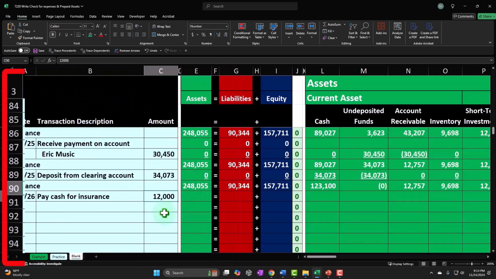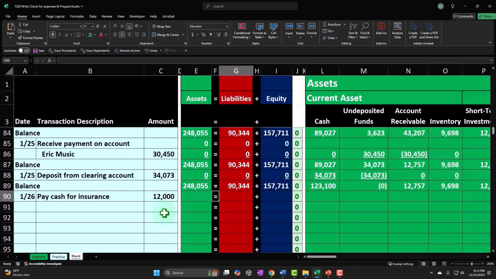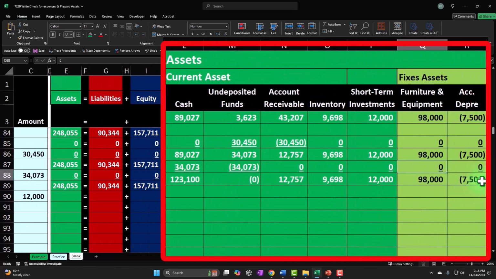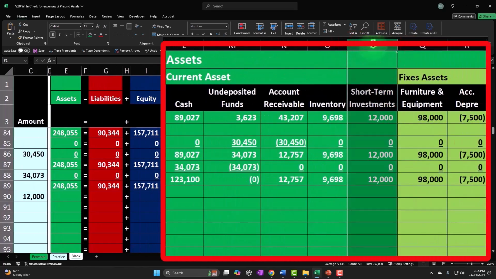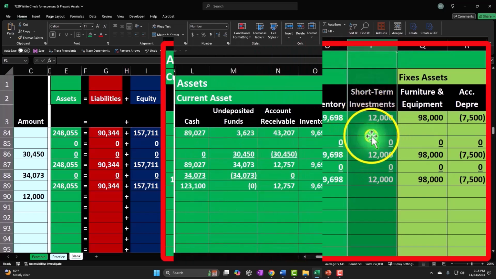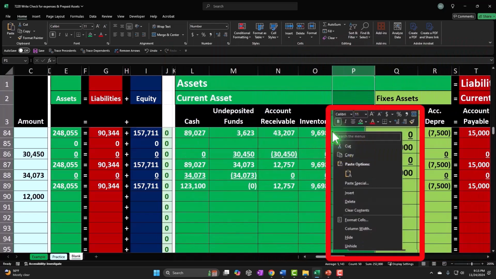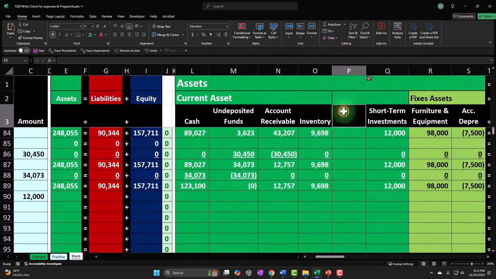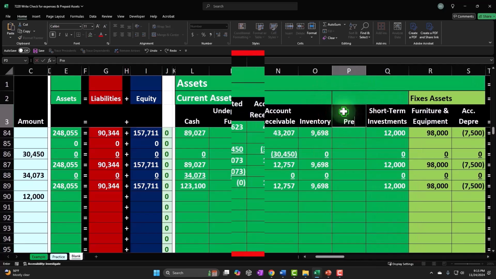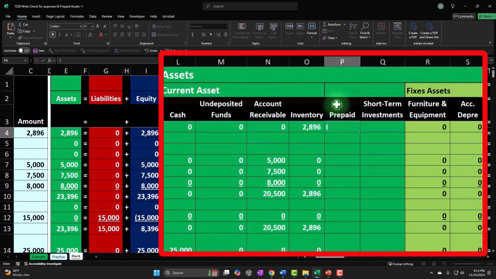We're going to do the accrual thing here, put it on the books as an asset instead of as an expense, and then we'll do adjusting entries, expensing it as time passes in a future presentation. So we'll put it next to the inventory, and then we'll put it right here. I'm going to select the whole column P, right click and insert. That puts a column to the left of it, and I'm going to call it prepaid